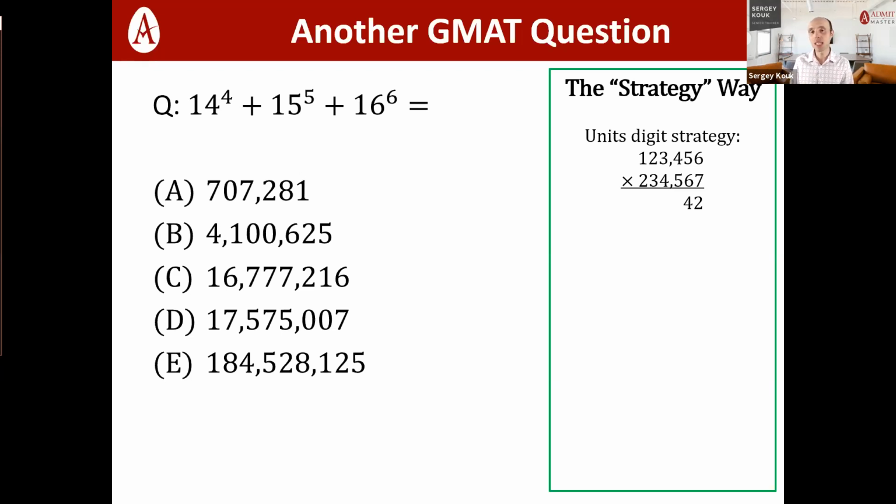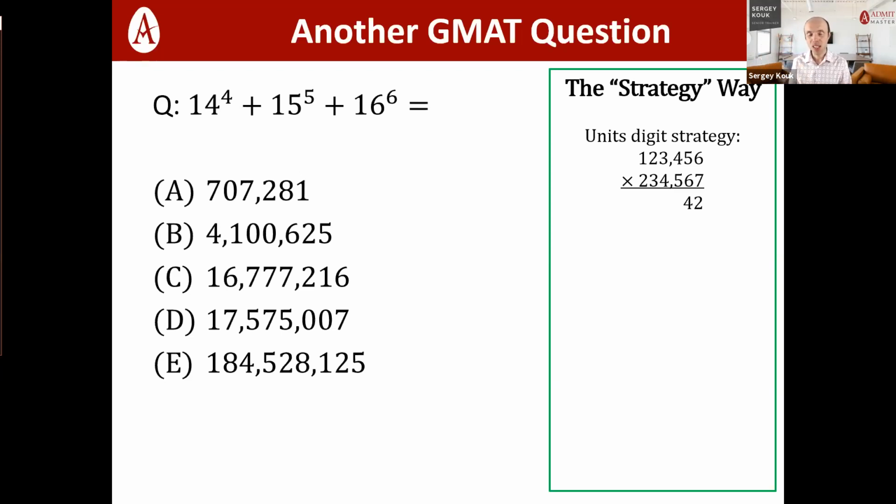So what this strategy means is, if I were to multiply two numbers, and it actually works with any number of numbers, and it works for addition as well, I can just take the units digits 6 and 7, multiply those, and whatever result I get, I take the units digit of that result, which in this case is 2, and that has to be the units digit of the whole multiplication. So see how instead of spending 10 minutes trying to multiply these two numbers and going through all of the steps,